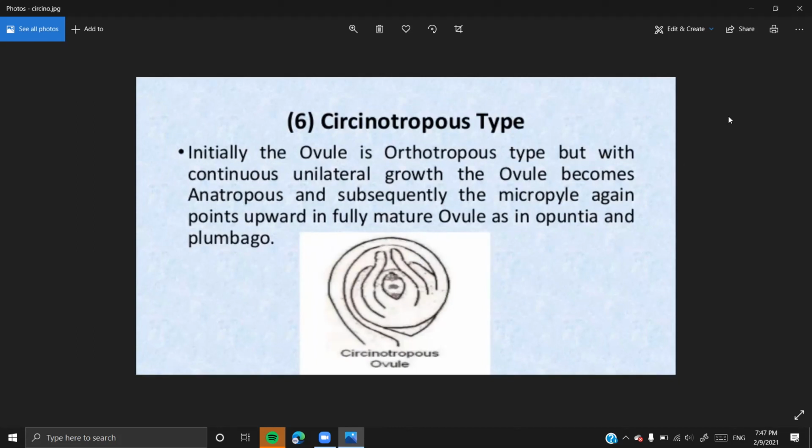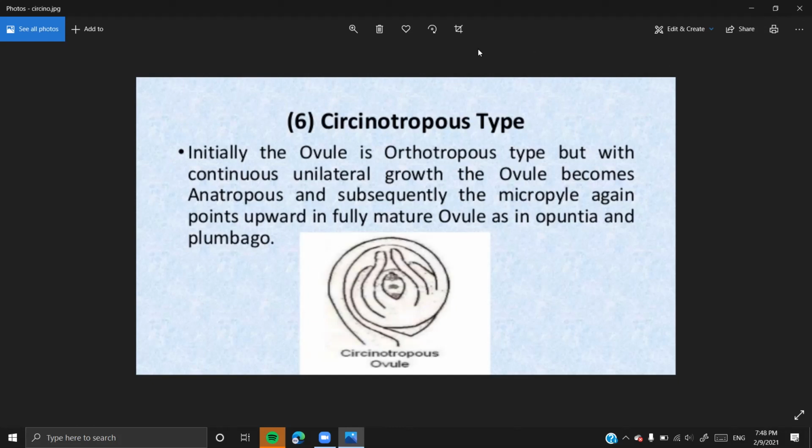These are the different sorts of ovules. As you could see, the orthotropous, which is straight on the funicle. Anatropous, where we have a bent, inverted ovule. Hemitropous, where the body of the ovule lies at a right angle. Campylotropous, where the body is curved but the embryo sac is straight. Amphitropous, where the body of the ovule and embryo sac both are curved. And in circinotropous, the funicle is very large and coiled around the ovule.